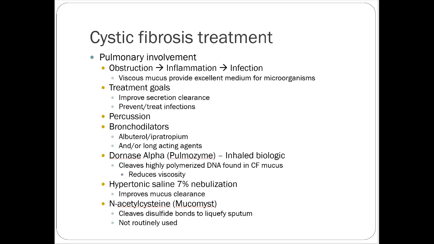All right, pulmonary involvement. So this again is the big one. You have obstruction, inflammation, and infection, and ultimately these CF patients get really nasty microorganisms growing in their lungs, like super odd things that are resistant to every antibiotic on the planet. It gets really difficult to treat them, and on top of that, it's difficult to get systemic antibiotics into the